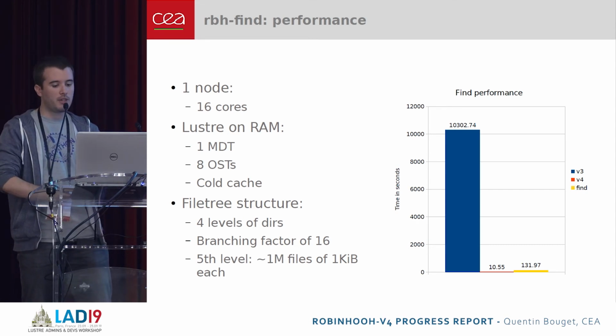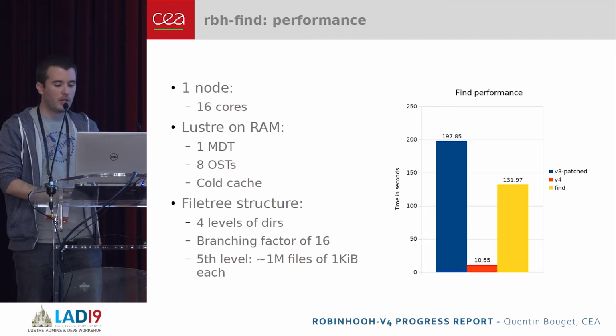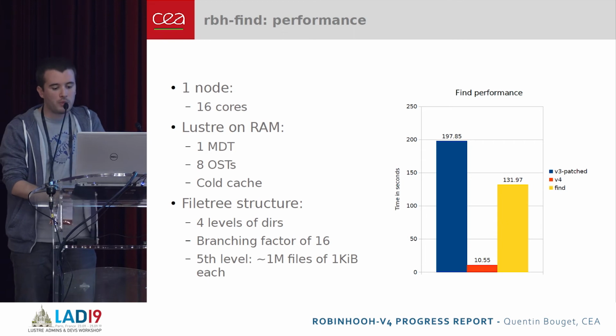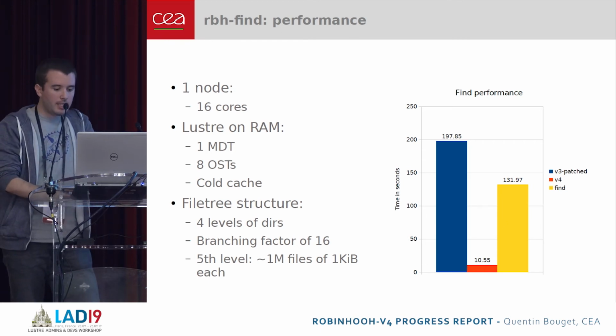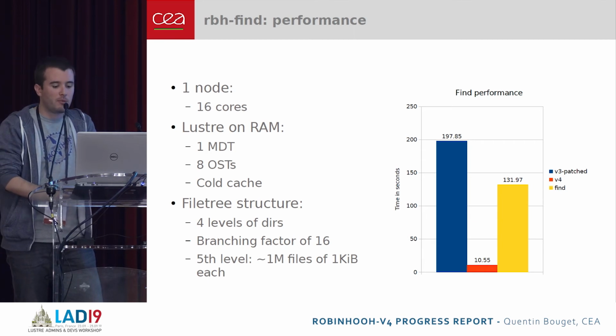And so I thought that it wasn't very fair to compare v3, v4 Find with this. So I simply patched the RobinHood version so that it wouldn't query paths anymore, and this gives us much more reasonable numbers. And so the performance of the v3 with the patch is only 3 minutes and 17 seconds, which is still more than Find, but to the defense of RobinHood,